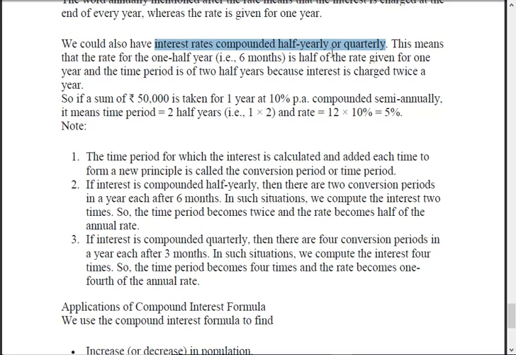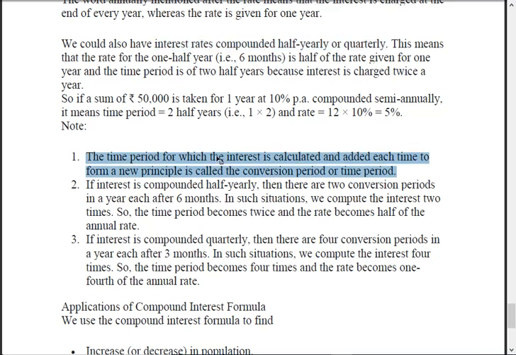This is very important. Okay, so if the sum of rupees 50,000 is taken for 1 year at 10% compounded semi-annually, then r will be 5% and n will be 2, not 1. Right? All these things you will understand in the practice videos, means the practical videos. Follow them. Here we are just covering the theory.